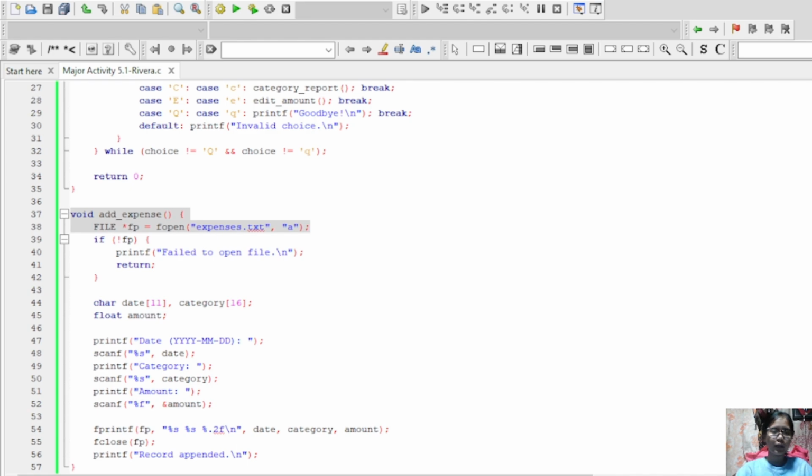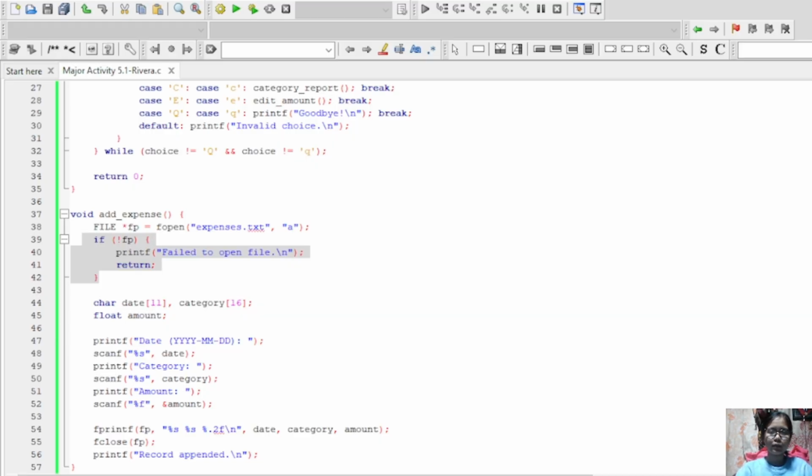That means new records are added at the end of the file without deleting existing ones. And for this line, I check if the file was successfully opened. If fp is NULL, I show an error and exit the function to avoid crashing.